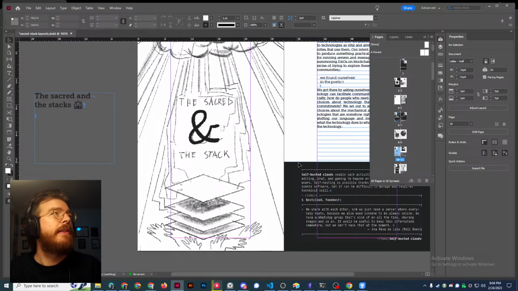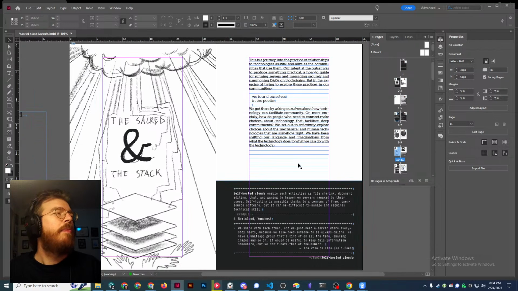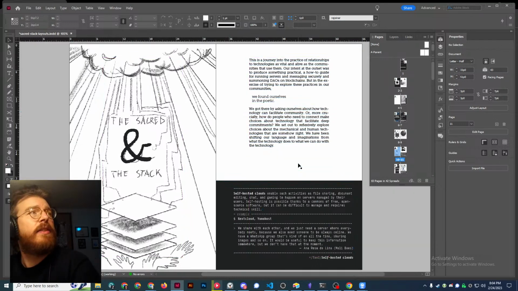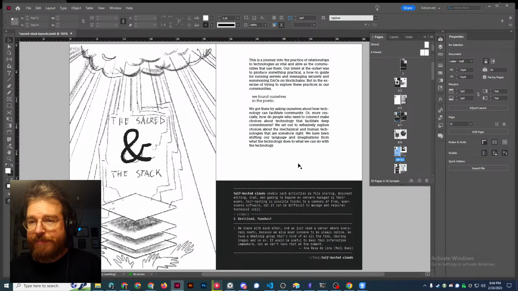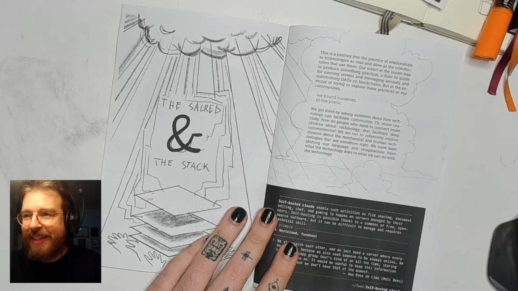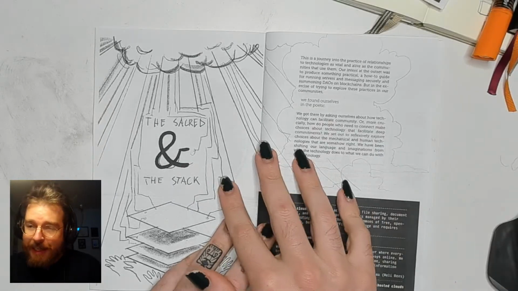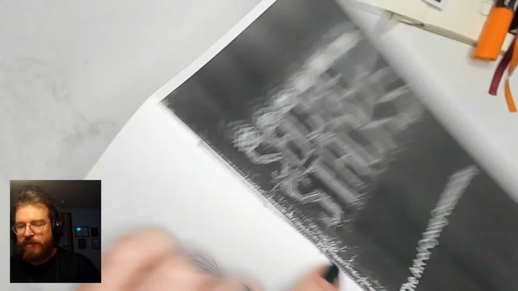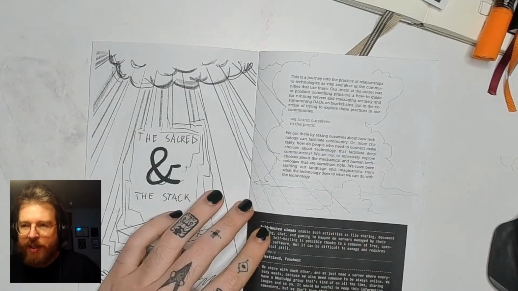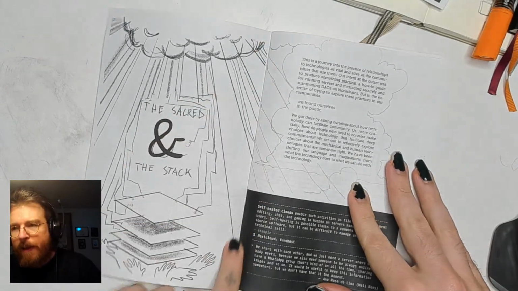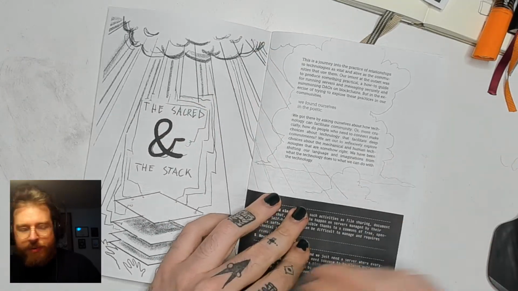And then I printed it out, did a very simple stitched spine, printed on my printer that does double-sided. And then I've been going through with my pencil,